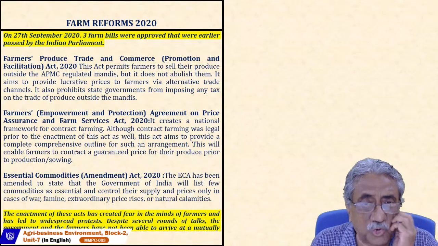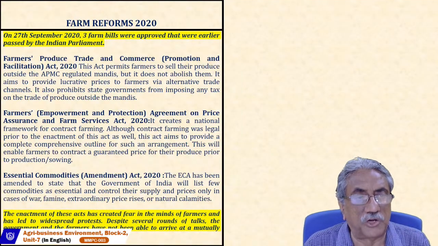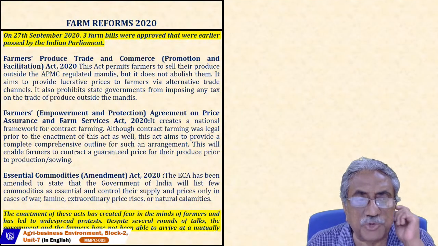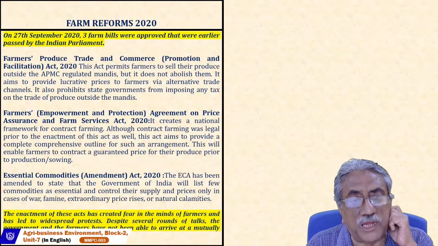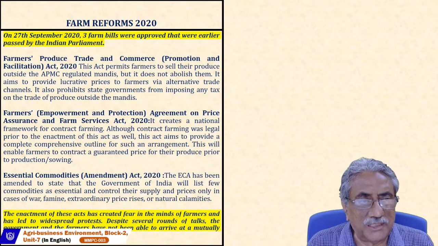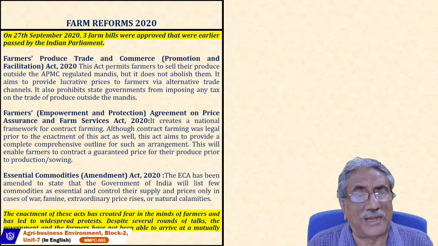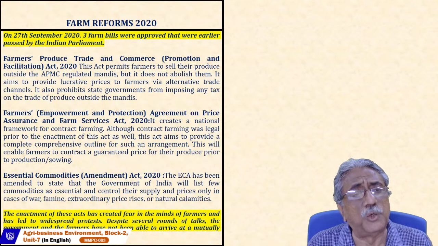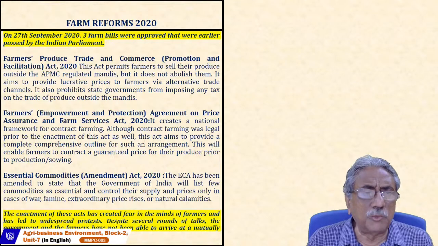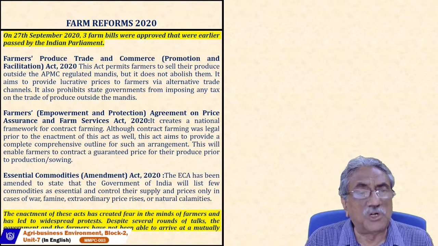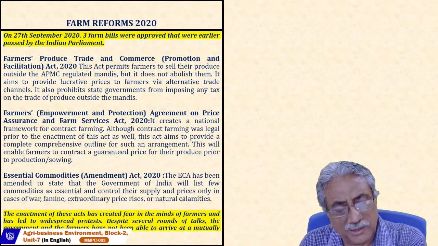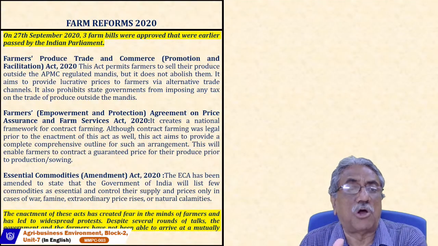So those were available. So contract farming was legal prior to enactment of this act. This act aims to provide a complete, comprehensive outline for such an arrangement. This will enable farmers to contract a guaranteed price for their produce prior to producing or sowing. So in one way, this was taking away the uncertainties of the